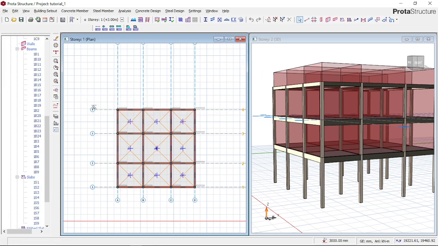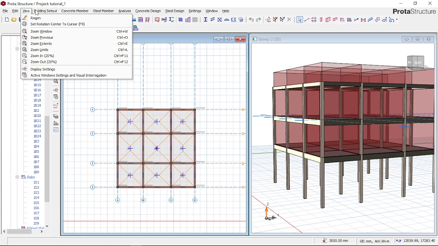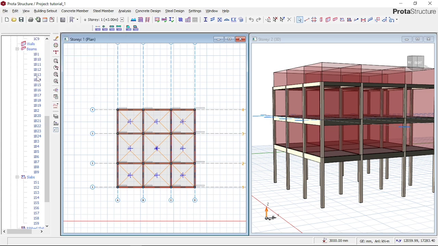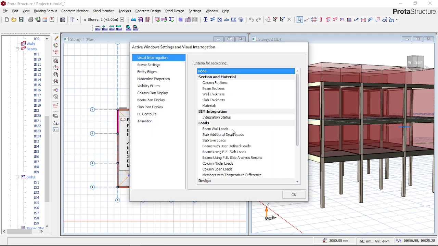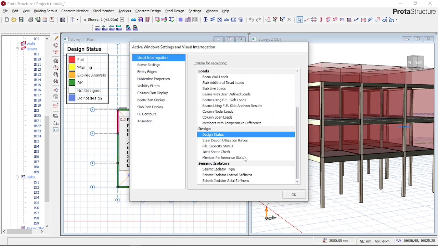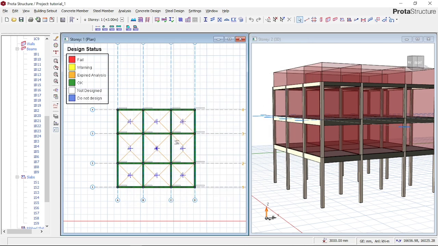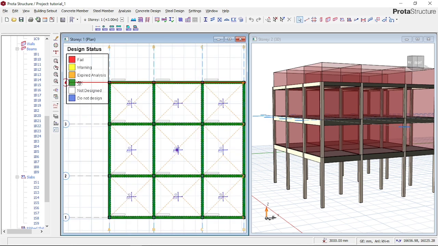You come into this place, active Windows setting, in view. Come to view and come to active Windows setting, and then you scroll down and come to design status, come OK. Now this one will tell you once it is green it is okay, expired is brown, yellow